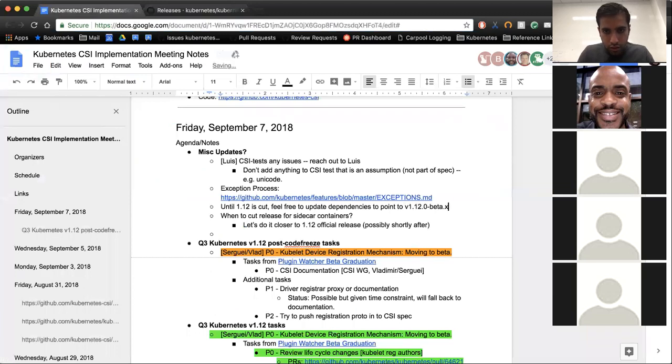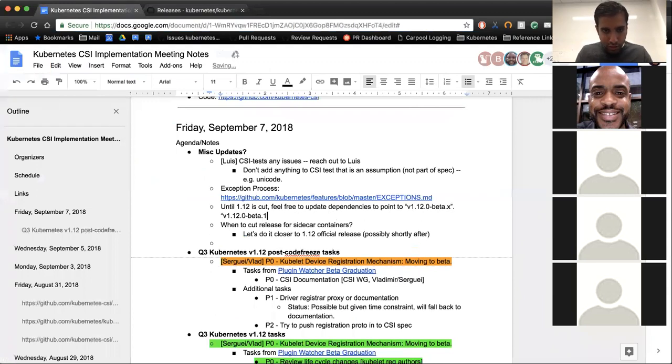Actually, that reminds me, with the CNCF owning the repo now, do we have to follow some rules or something? No, we still own the release process and everything that goes on within the repo. Okay. We just need to make sane decisions that don't blow anybody else up. And that's going to become more and more important as we approach GA. We also need to make sure we have release notes and documentation, and everything's tracked.